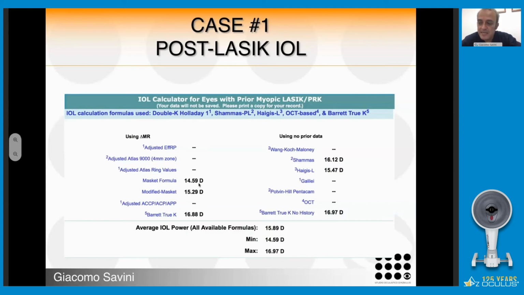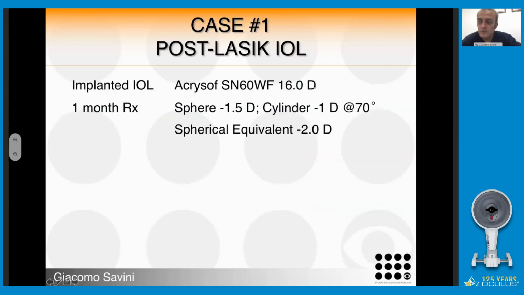And in many studies I've done, I saw that it is a very good formula, which was providing a lower number, 14.5. So I decided to rely on Olsen rather than Barrett, because Olsen is ray tracing, and I love ray tracing, and implanted 16 diopters. And if you take a look,